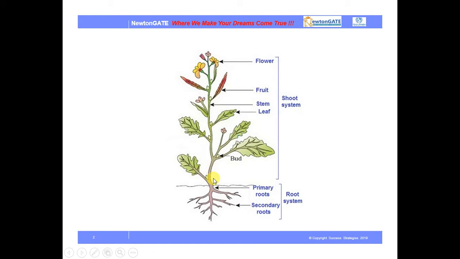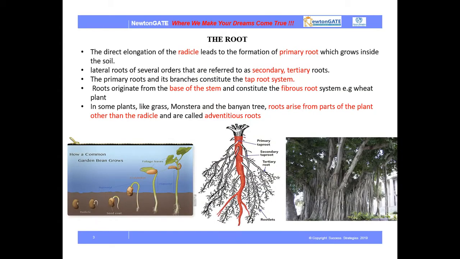Okay, so the portion which exists below is called the roots. And we all know the function of the roots from our childhood, but to brush up your memories, I'm going to discuss it again. The main functions of the roots are providing anchorage to the plants, synthesizing plant growth regulators, and absorbing water and minerals. So, let us first discuss the different types of roots.